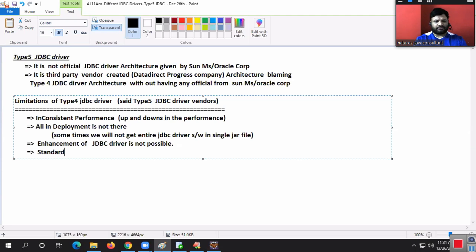Standardization of proprietary implementation. What is that?